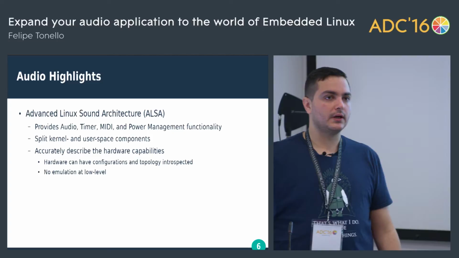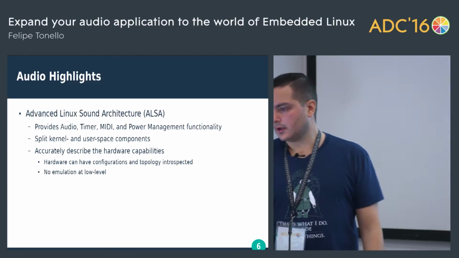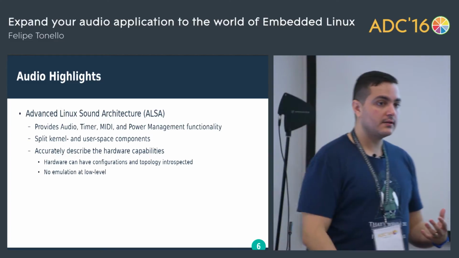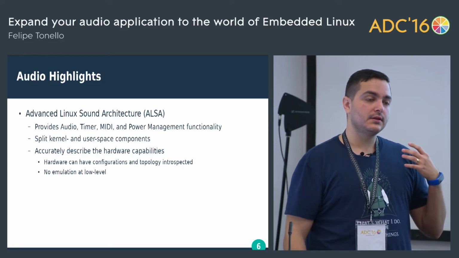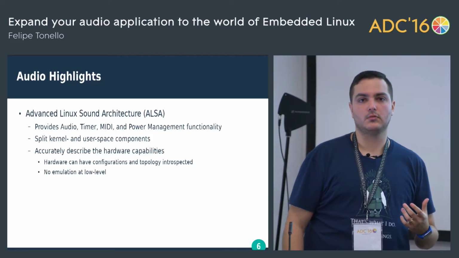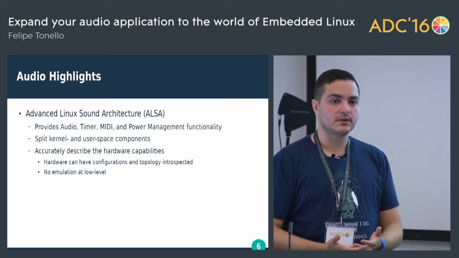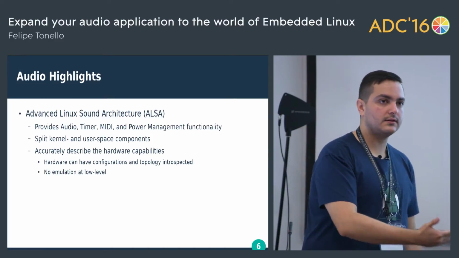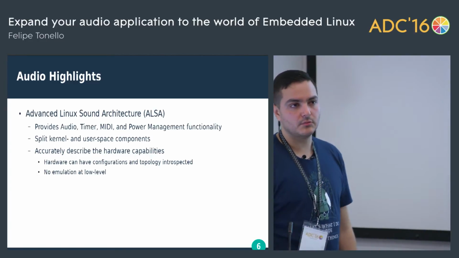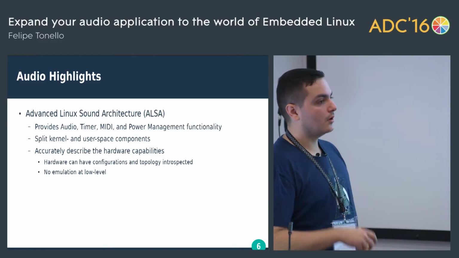Obviously, this is a low-level thing, right? I mean, most developers will hopefully not use this directly, but still. It accurately describes the hardware capabilities. It is designed in a way that you basically need to introspect the hardware, the codec for example, or whatever audio card it is, so you know what that card is capable of, and then based on that you do whatever you have to do. This avoids doing extra emulation and extra work that is not necessary, so you can optimize your audio rendering